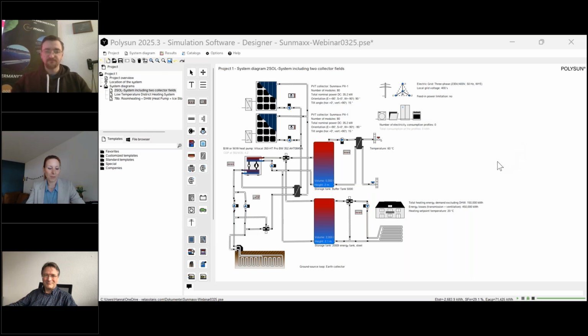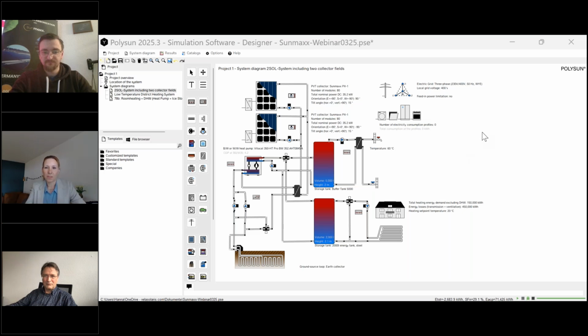But first of all, you have to know that this is what energy systems look like in Polysun. And as already mentioned, we have around 1,000 system templates ready to use for you. So there's no need for you to learn all the details from the beginning. You can really start working with it in an easy way.